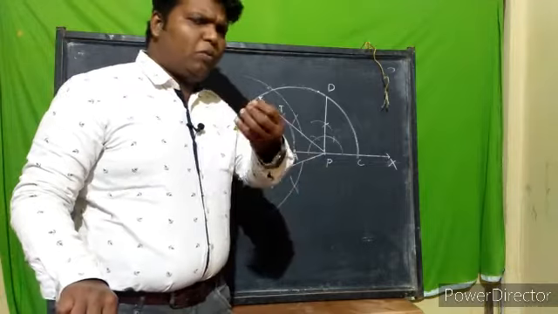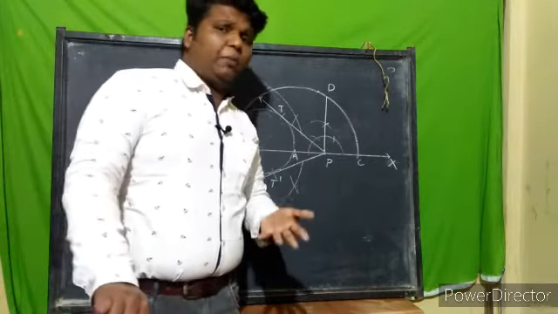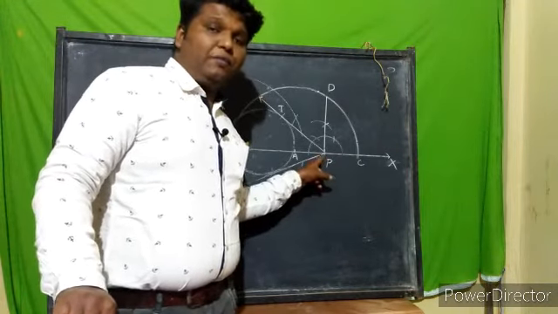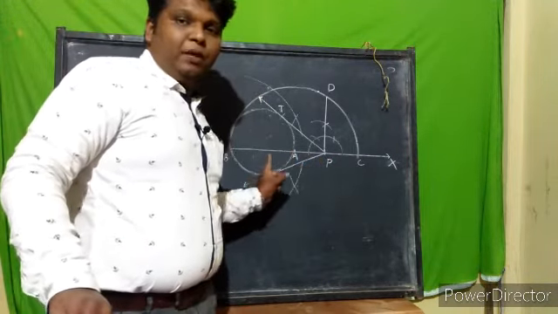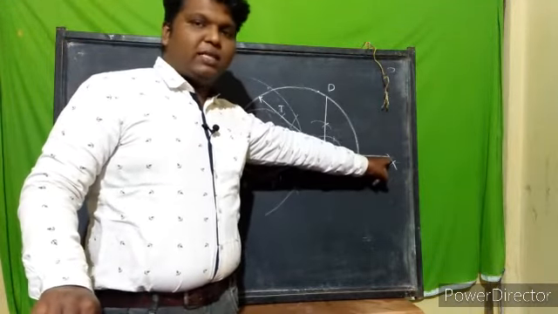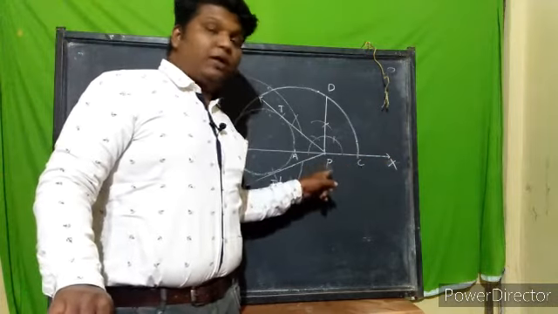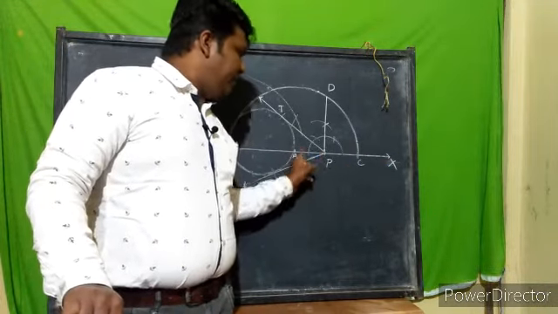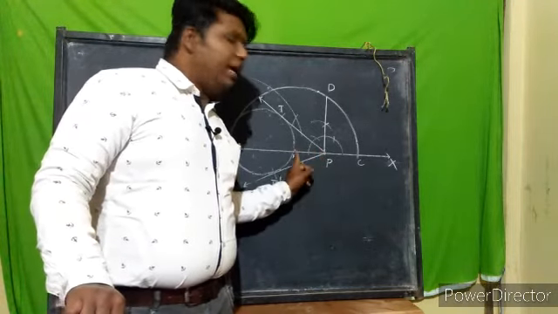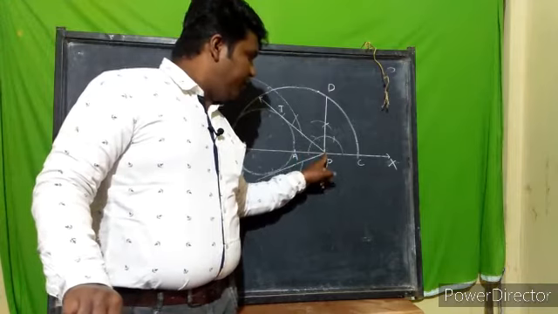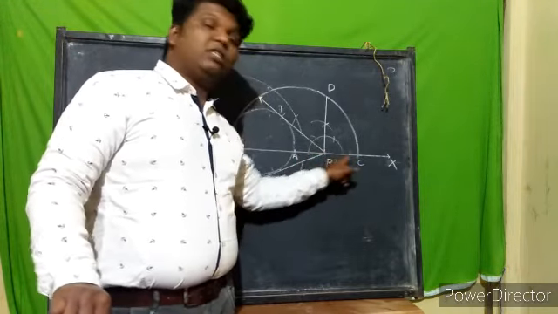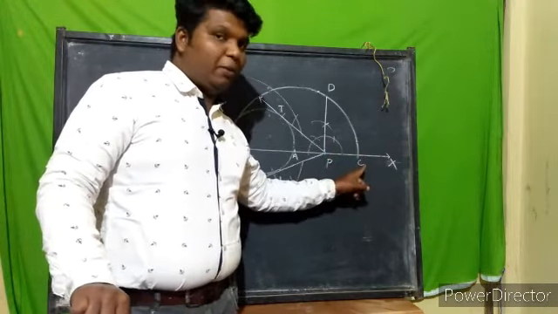फिर भी secant वर्ड अगर आपको पता नहीं है तो छोड़ दीजिएगा, ऐसा लिख सकता है. From P draw a line which touches the circle at A and B. उसके बाद क्या किया है? Extend AP till X. AP को extend किया है X तक. After that what you done? Measure AP, taking AP as the radius from P, mark C such that PA is equal to PC. PA और PC दोनों बराबर होना चाहिए.